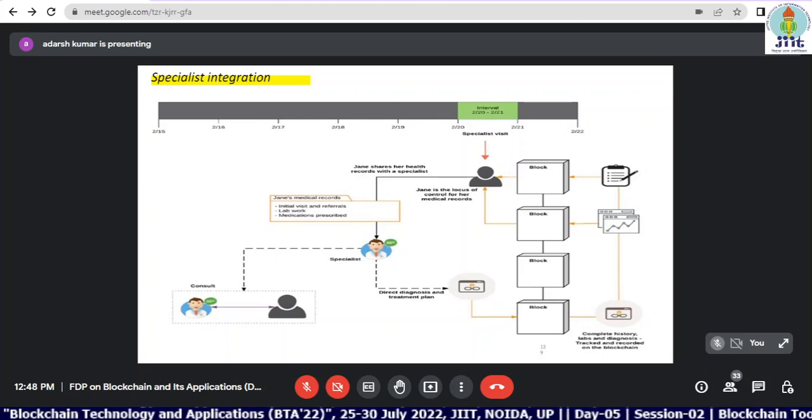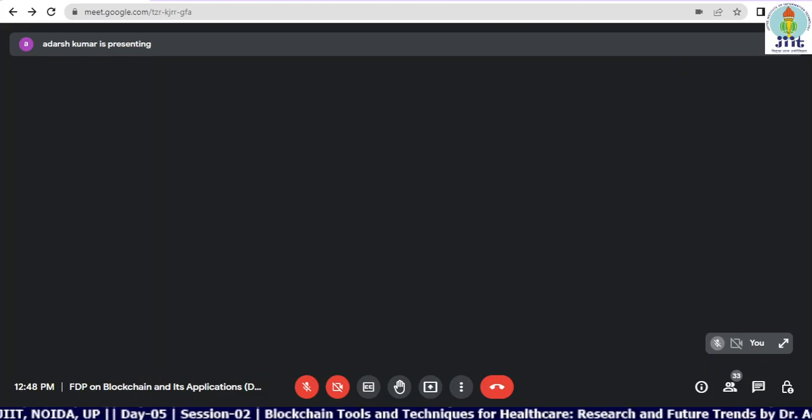Either the specialized doctor, if he's part of the public blockchain, can directly access the patient's previous blocks, or a patient can provide access to his previous blocks to the specialized doctor, and based on the trustworthy data, a specialized doctor can recommend a treatment in the subsequent blocks. But all of this data is being recorded in the blockchain, and a blockchain is created. Right? So all these steps are what I have just explained to you.